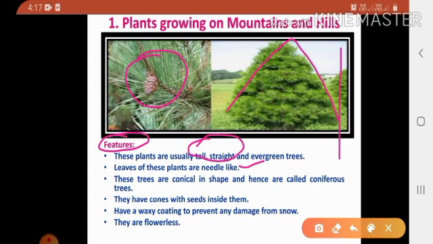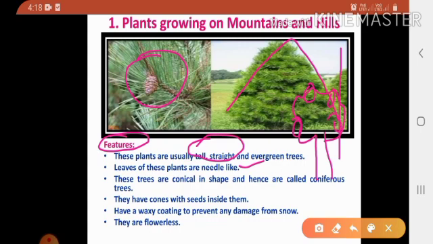And if snow falls, suppose the tree is round in shape. See here, the tree is round in shape. Then snow will settle down on the tree.